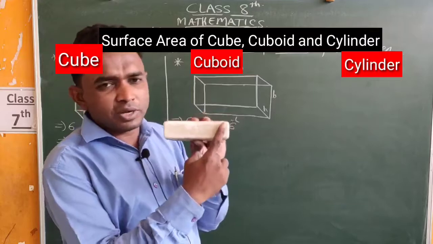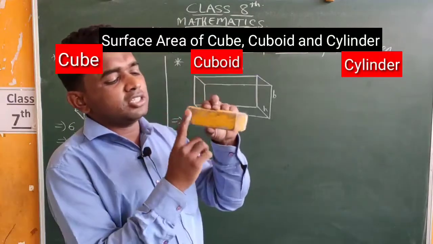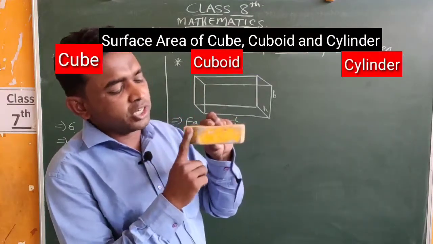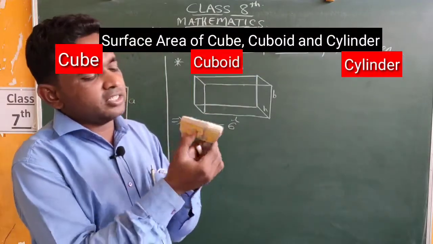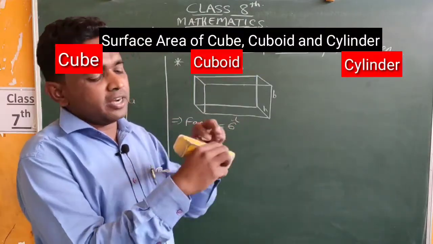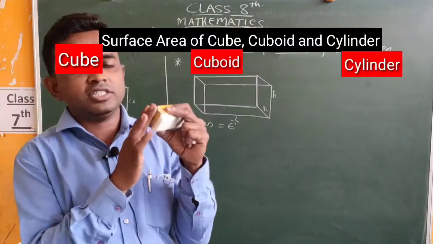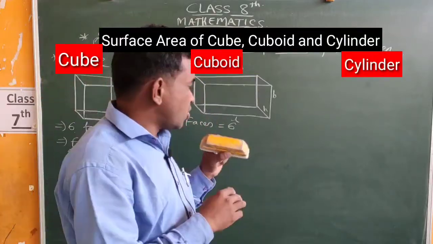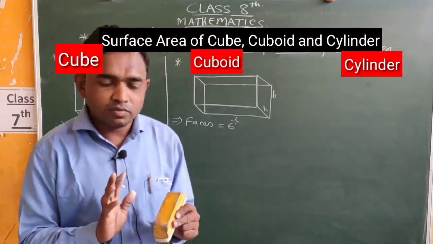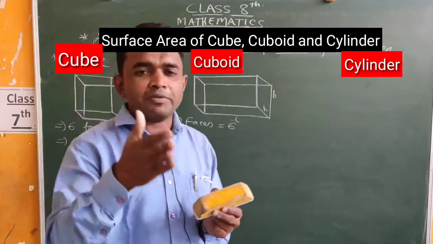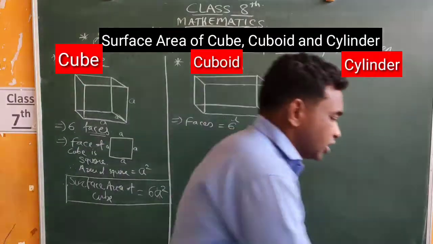Then this is the first surface, and again this is a surface. Understand? This is one surface, this is a second surface, another one surface, and this is one surface. The cuboid has 6 faces, and 2 faces are similar, which means the pairs of opposite faces are similar to each other.